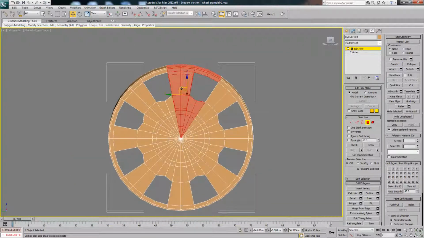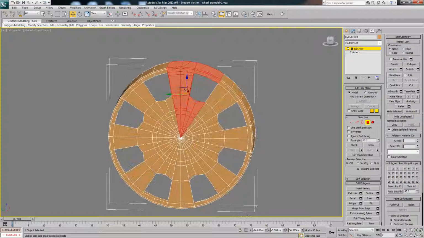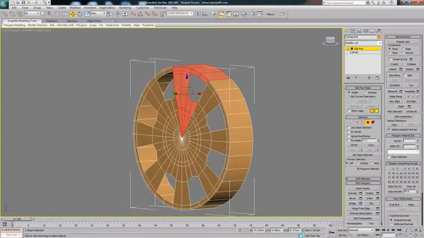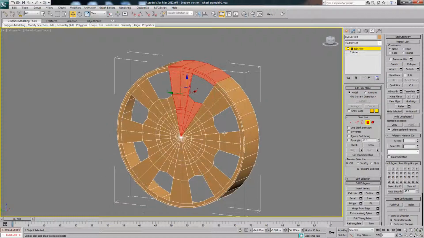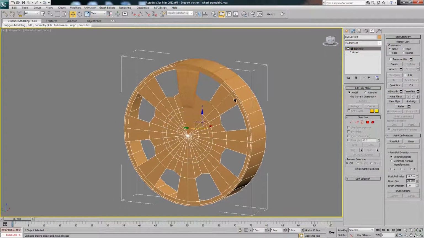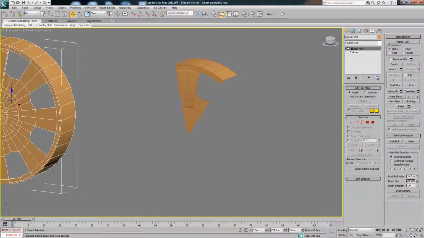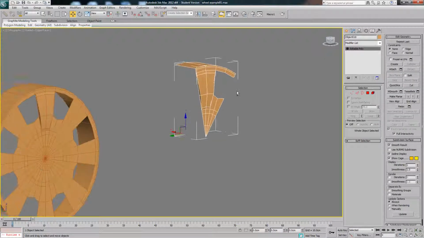Now if we look at that selection, we can clone it all the way around the model. Which means again I only have to edit this one section in order to edit the entire wheel. So I'm just going to detach that, and then I'll move this over here just in case I haven't done it correctly,